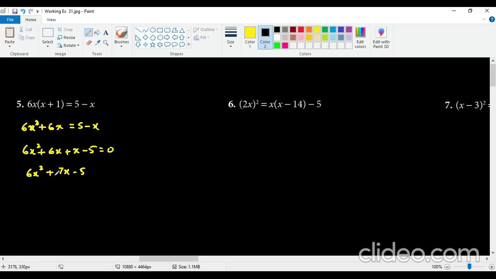Now in here we are going to simplify this and make it 7x minus 5. Now 5 times 6 is a 30, and to get the factors of 30 and to get 7, so 10 and 3 are the ideal candidates. So 6x squared plus 10x and minus 3x minus 5 equals 0. So 10x minus 3x is going to give us a plus 7x. In the first two terms, I know very well 2x is common, so 3x and plus 5 are going to factor. Copy this down as it is without a change,